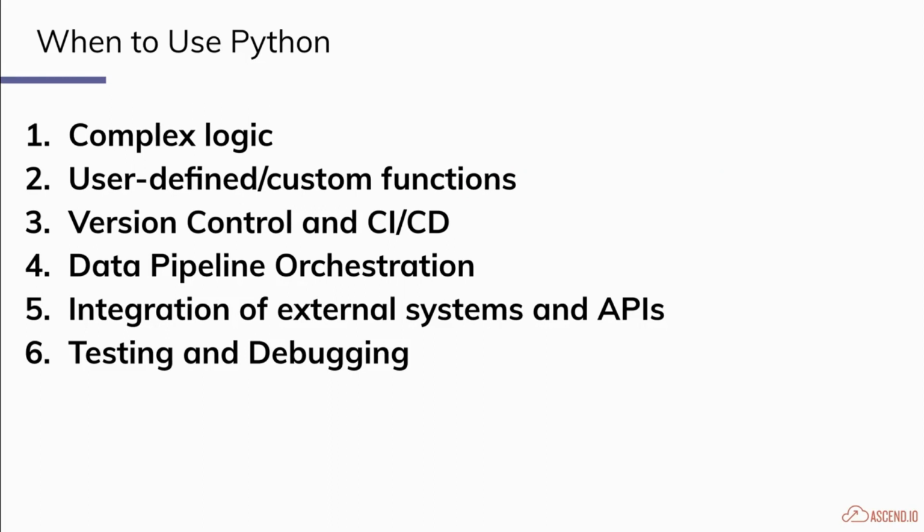But these 6 cases, I think, are things that we have found that Python is pretty good at, that SQL maybe doesn't handle as well, right? And so the first is complex logic. And the second is user-defined and custom functions. And that will be primarily what we're going over today. The reason for that is, when someone is jumping into Python, they are probably not going to first work with version control or CI/CD. They're probably not going to work with data pipeline orchestration, given that we are also here trying to do that for you. But the point is that people can still write their own code and create these complex logics with a fairly basic understanding of a programming language.